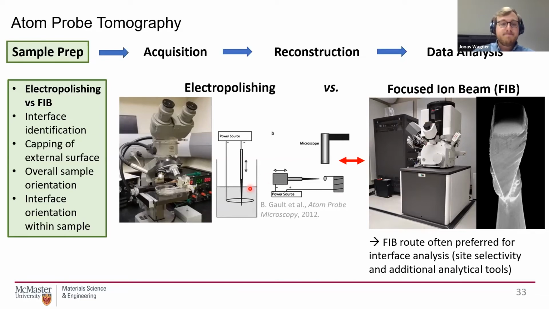Electropolishing for a very narrow range of conditions might still help. For example, if you have a nano-grain material and you know you will have enough grain boundaries within any type of sample that is, let's say, 100 nanometers long, then okay, go ahead and use electropolishing. But focused ion beam is usually the technique to go.